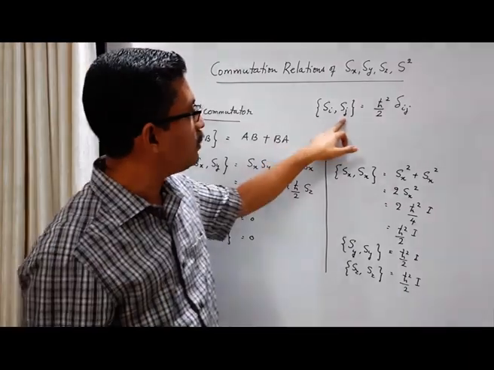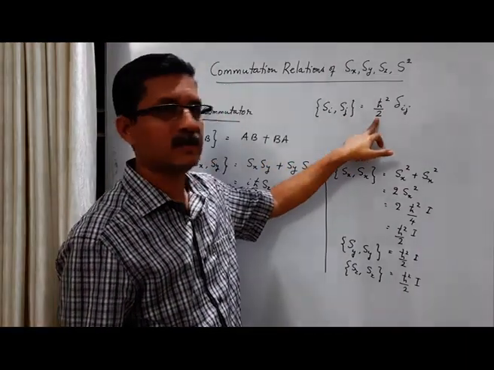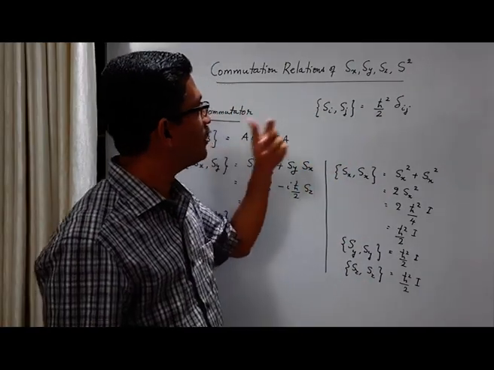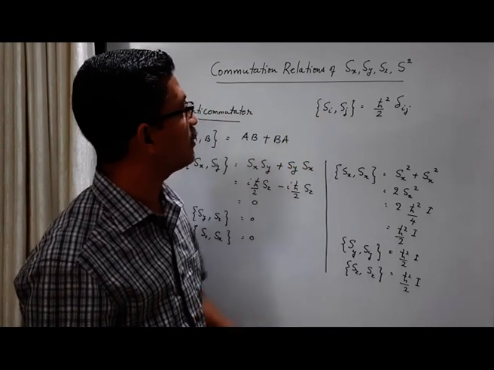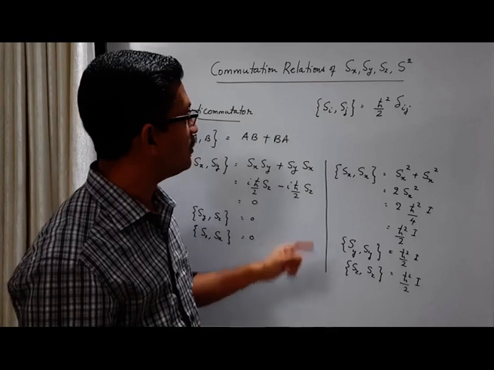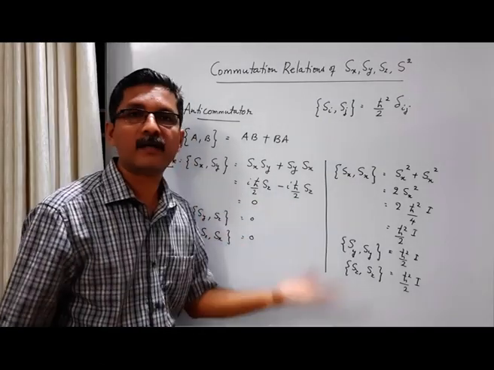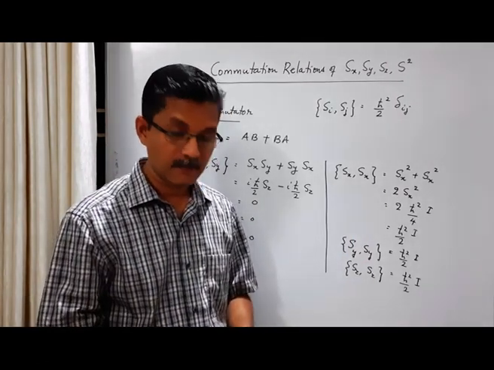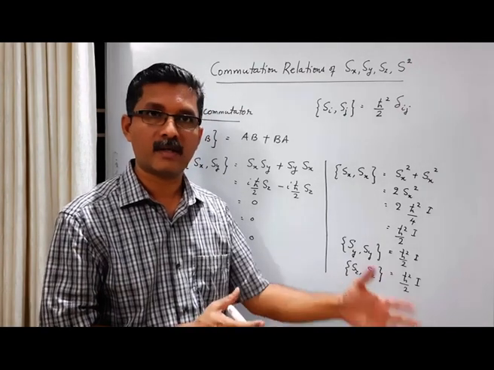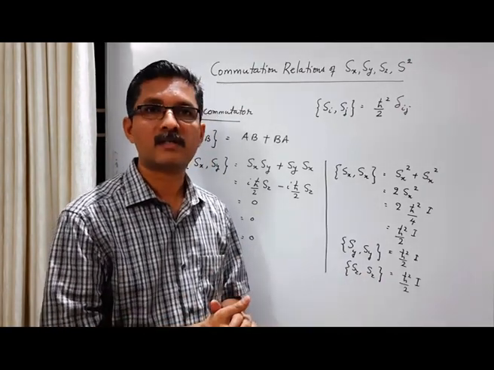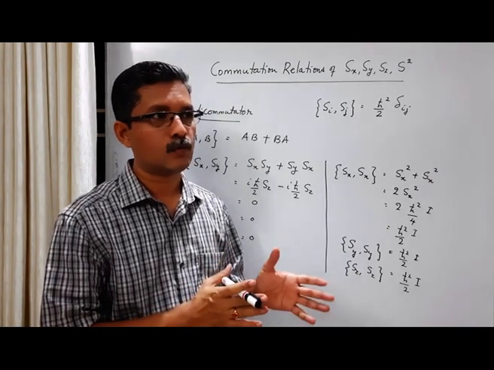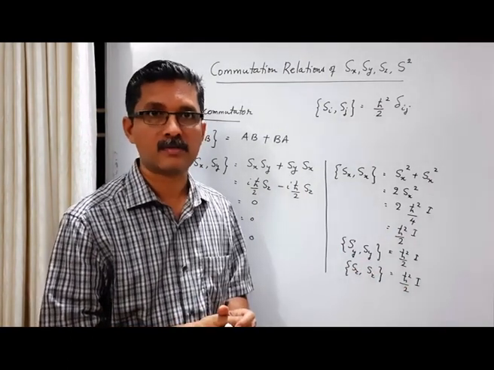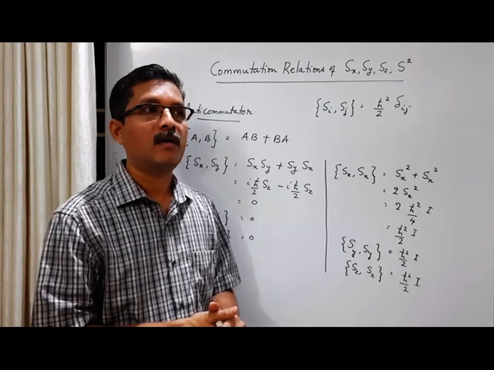Okay, if i is equal to j, then this Kronecker delta is 1 and you get h cross square by 2. That's what we get here. Okay, so this is an example of anti-commutator relations, and this is the anti-commutator relation between spin components. But here what we have to remember is, earlier we have seen the commutation relations between different spin components, as well as between S square and any spin component. These commutation relations are very general in the sense that they are true for higher spin components, they are true for orbital angular momentum components, okay, and total angular momentum components.